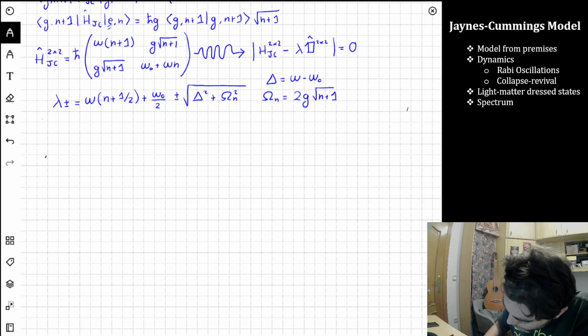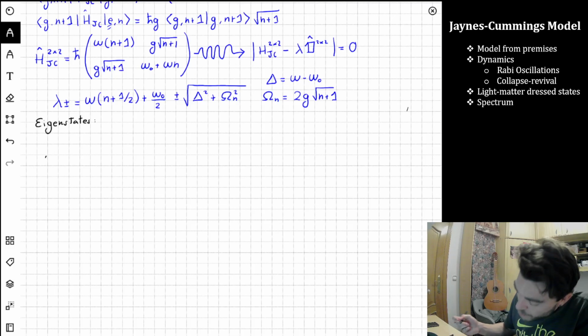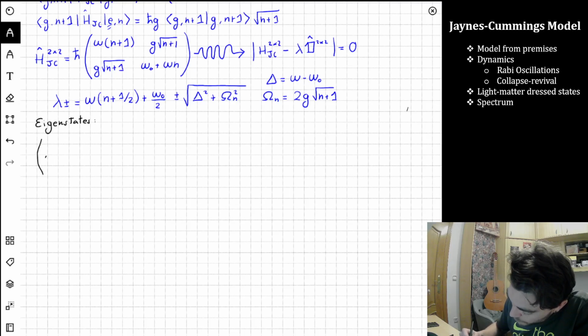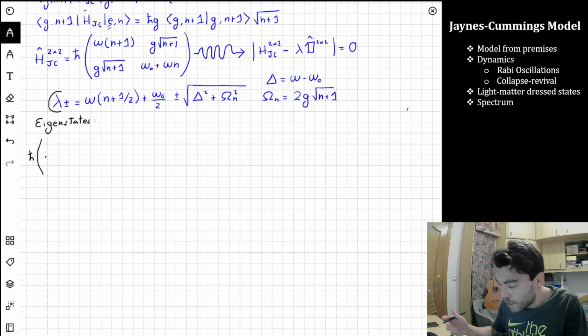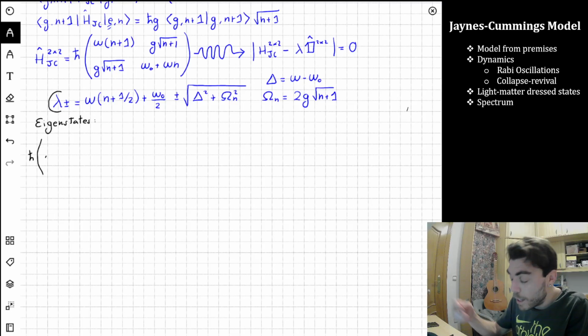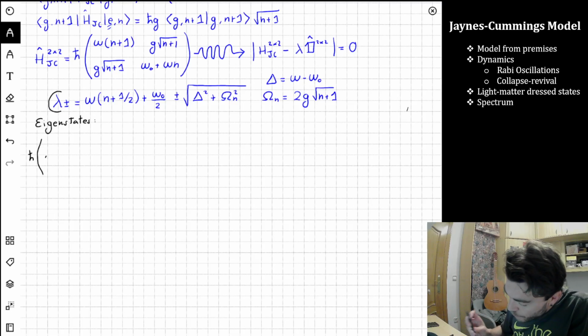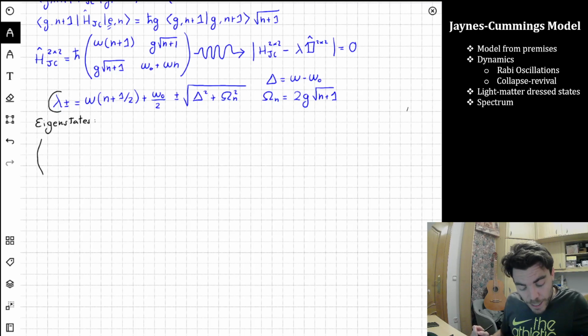Okay, and for the eigenstates, which is what we were looking for in this part of the video, well, we apply the Hamiltonian. So the Hamiltonian is with an h bar here. Also these lambdas, these eigenvalues, have the units of frequency, because I just diagonalized without the h bar, but don't worry about it. In the end, if we need energy, we multiply by h bar. So actually, let's not put the h bar because it's trivial. So for calculating the eigenstates,